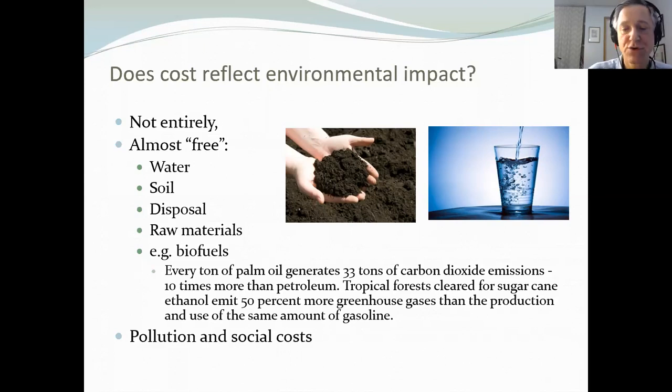And then pollution and social costs I talked about before, in that if I am burning vinyl siding, which actually I had a neighbor, well, not too close a neighbor, half a mile, where I used to live, he was burning his vinyl siding. Didn't cost him anything. Didn't have to landfill, didn't have to drive his vehicle to the landfill, didn't have to do anything, he just burned it. Well, I can assure you, burning vinyl siding smells really bad, and there's bad stuff with it. And same with social costs too. Child labor is a good example, but there's other examples, and I'm not going to pursue that too much.